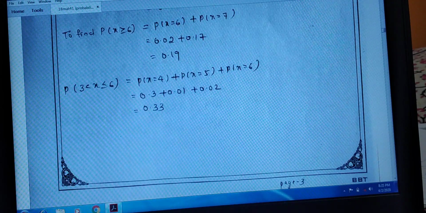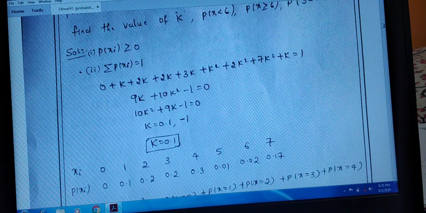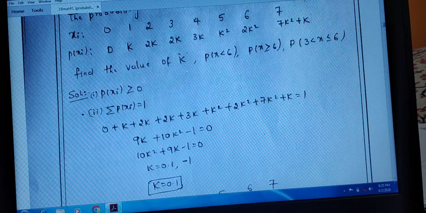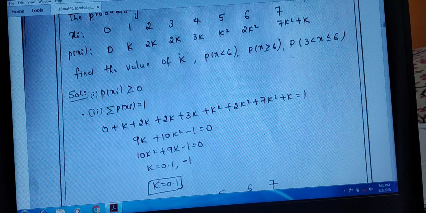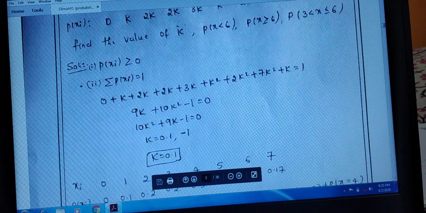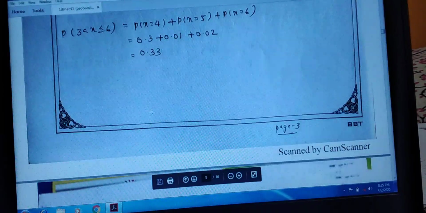So now we are done with this problem, that is, we have found the value of k, probability of x less than 6, probability of x greater than or equal to 6, and probability of 3 less than x less than or equal to 6. And we are going for